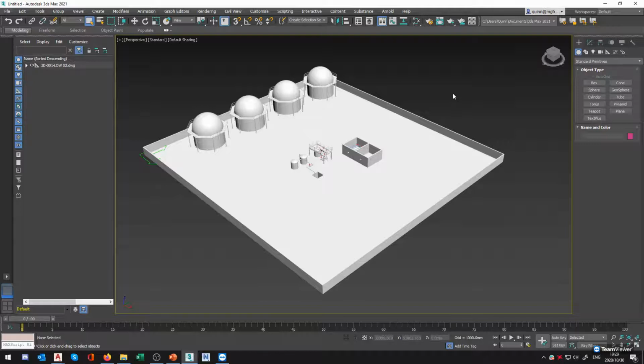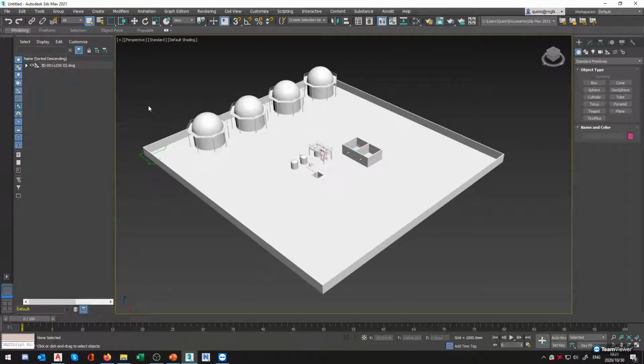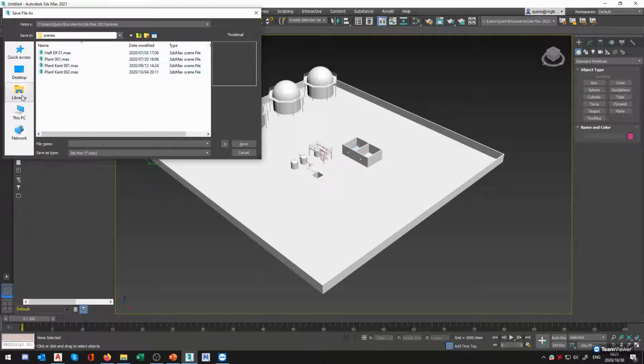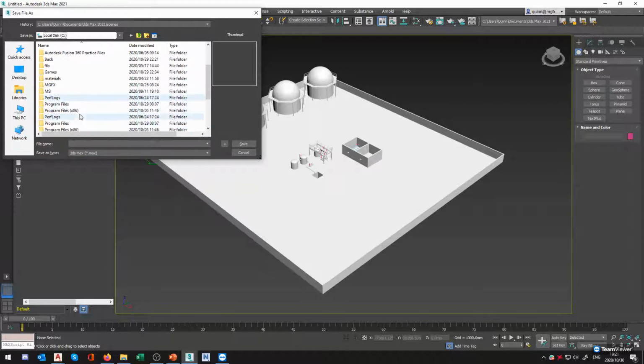You do have another one which I've actually had a lot more success with, which is using the export game exporter function. This is up to you how you want to work with it. It's going to be up to your processes, however you're working. For here, I'm actually just going to take the quick and easy route. I know not normally the best route, but I'm just going to go save, and I'm going to not save on my scenes file. I'm going to save it in the same folder,